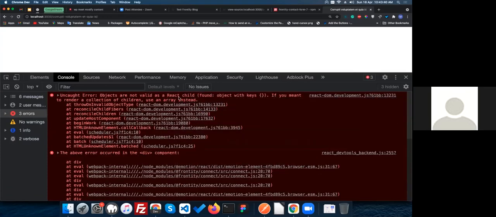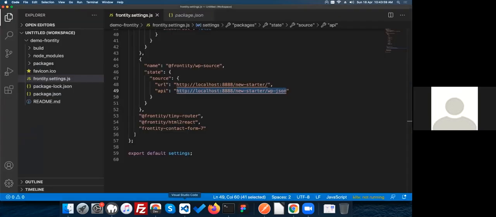I have already told you that when this package was built, it was capable with the older version of Frontity, and with the new version, currently there are no updates for this package.